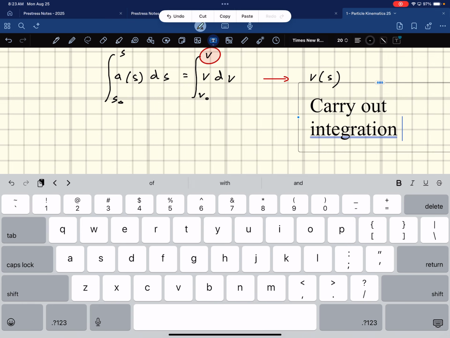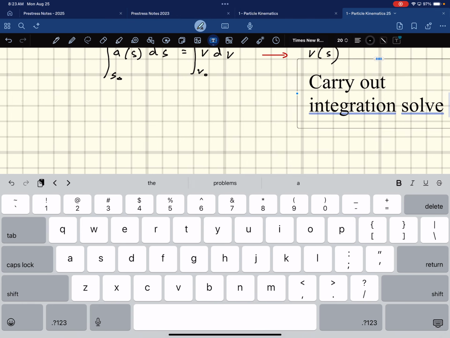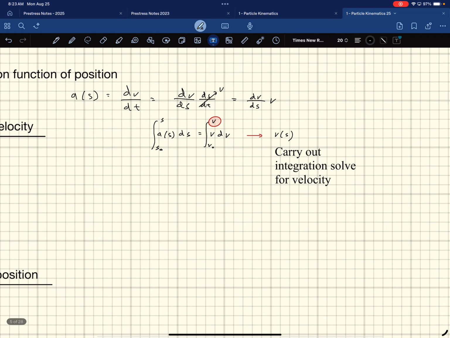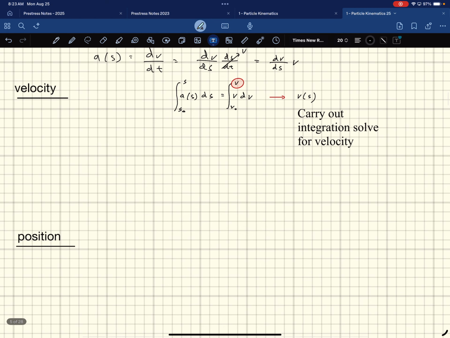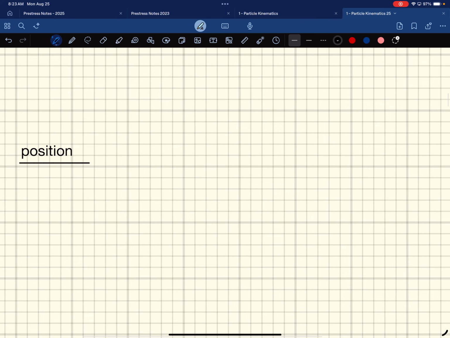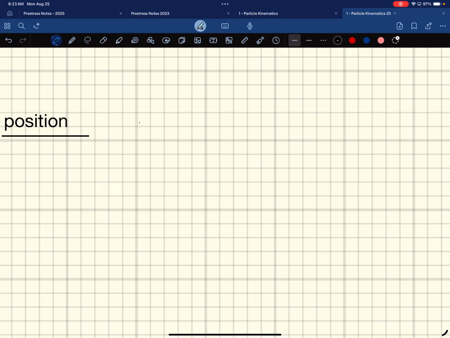Carry out integration. Solve for velocity. And that gives me velocity as a function of position. So at this point, I have velocity as a function of position, right? So we come down to position, because again, I'm going acceleration, velocity, position, kind of working our way through this thing. So to get to position, my velocity ends up being a function of position. That's just going to be equal to ds/dt. Put all the s's on one side and the t's on the other. So this would be dt is equal to ds over v(s),